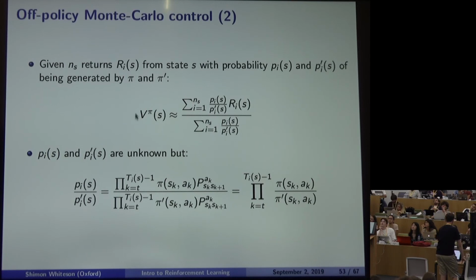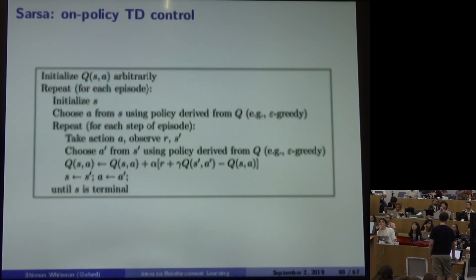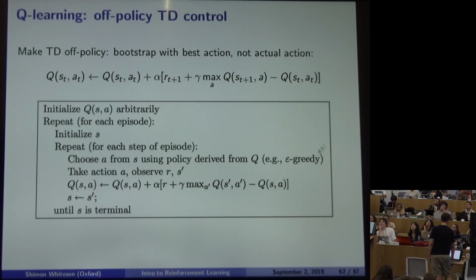So this estimate of the value is based on a bunch of sample returns, and we're worried about the bias of these sample returns. So to correct for that bias, we compute this importance ratio, taking into account the policy probabilities that explain this whole return that we're using to estimate the value function. But in Q-learning, we're not using the whole return. We're bootstrapping off of the value of the next state,